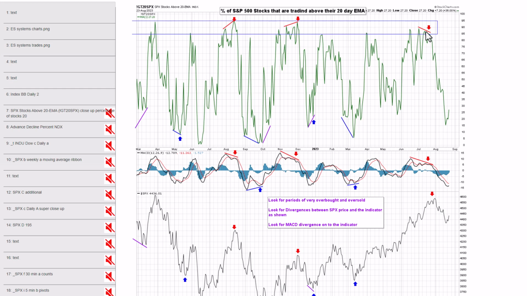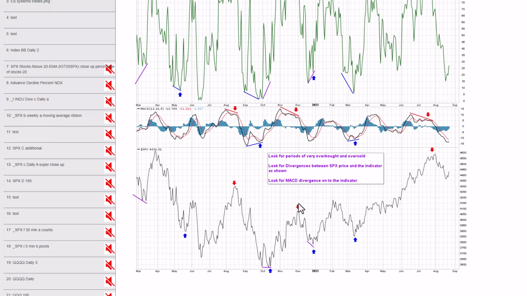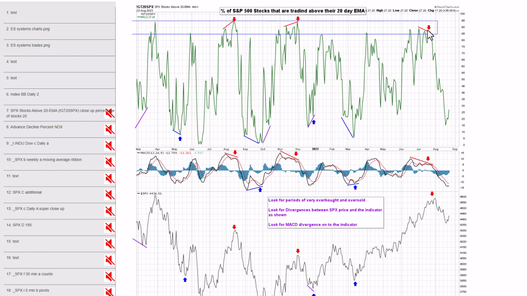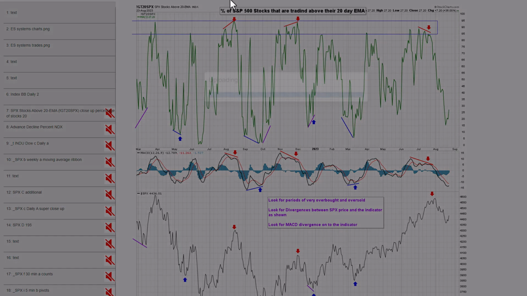It was up in nosebleed territory in July. You had a divergence there. And you can see every time it's been getting up into there, you've had market tops. Same thing this time. But it got very oversold. It got down to 15%. You can see this area here, kind of like a demand zone. So it was very oversold here, and we've bounced this week.